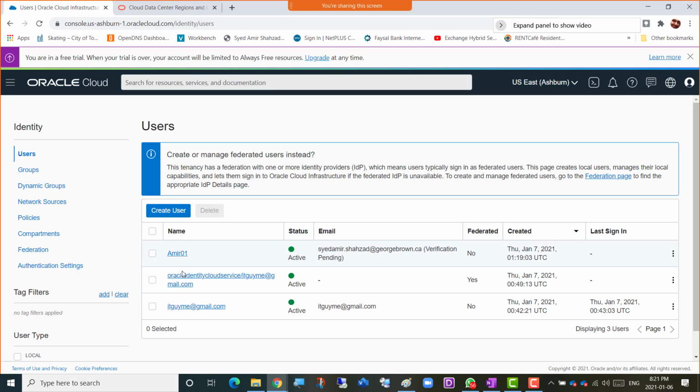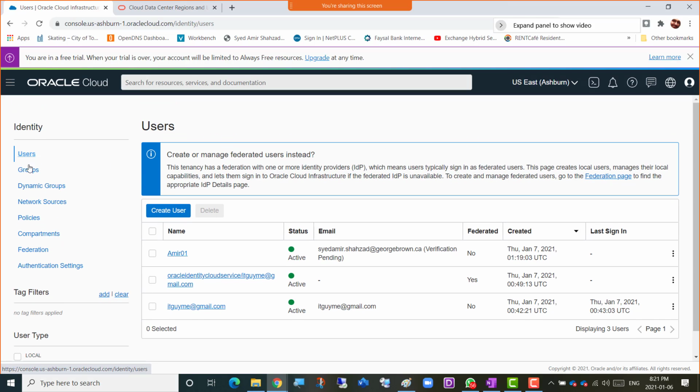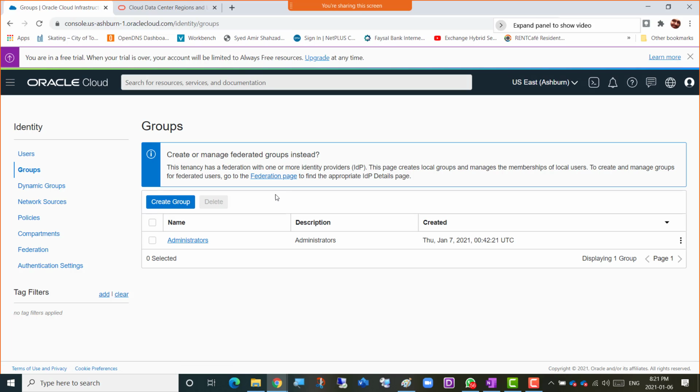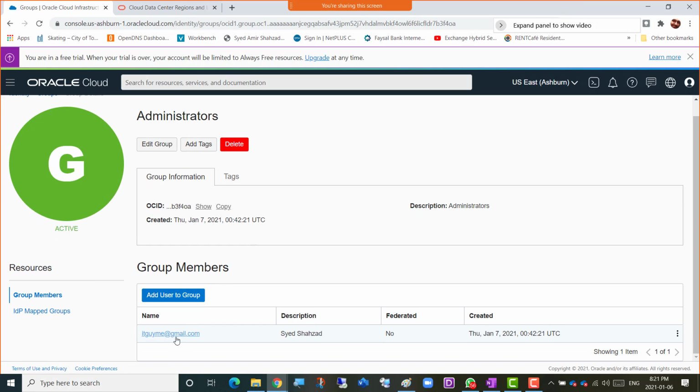Service / IDGaming. So with IDGaming Gmail, I created this whole subscription. That's why it did not let me create a user with the same email as the root user's email. So, well, this is pretty straightforward. It's a users, right? Then if we want to go for groups, there's that administrators group already there. If I go for administrators group, inside, obviously my root user is already added there, unless you want to add someone else here. So I'm going to go back